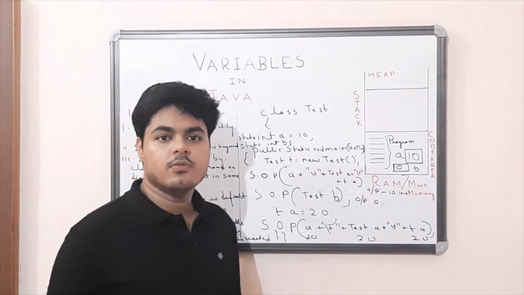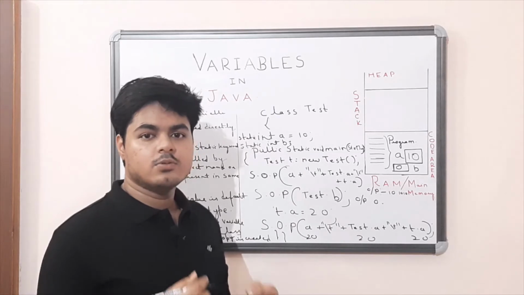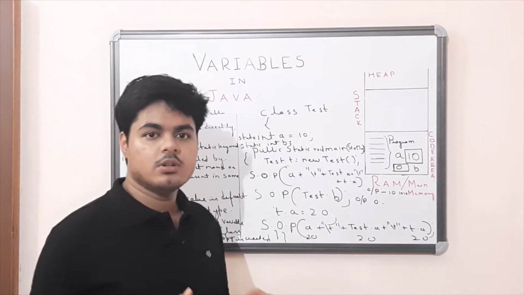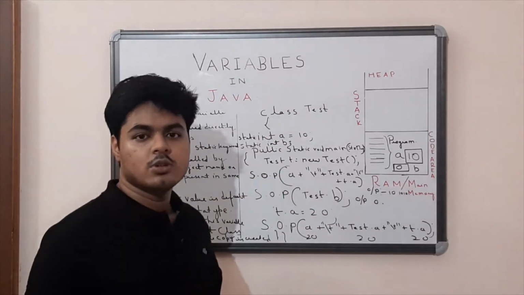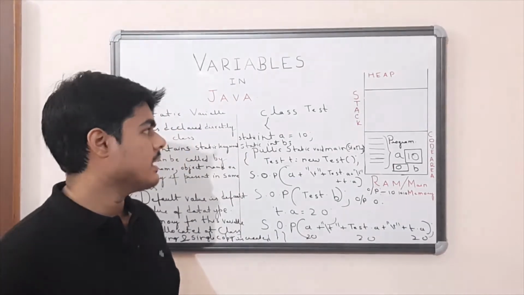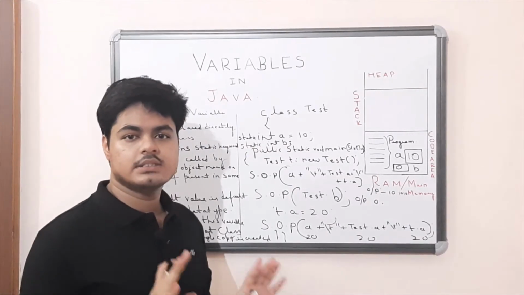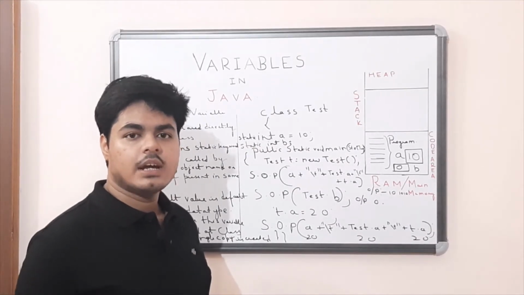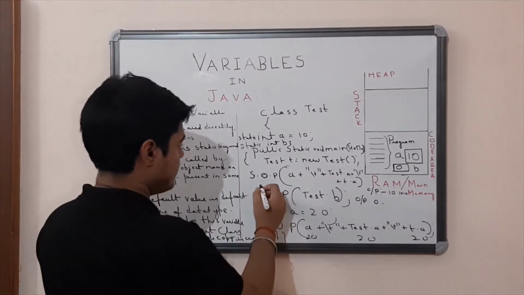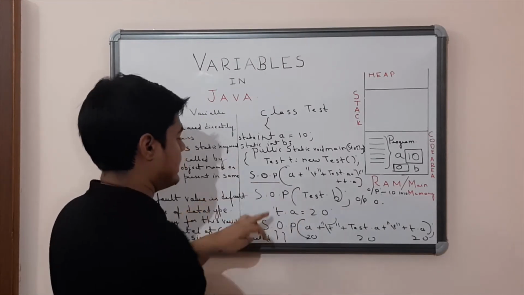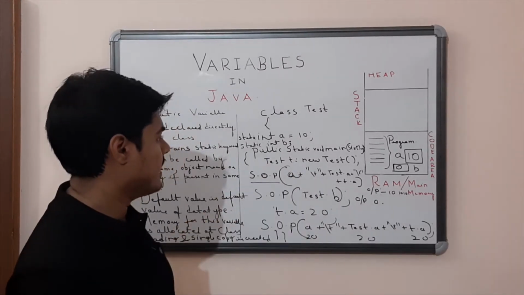But one disadvantage of accessing it by object name is that we have to create an object, and for an object memory is allocated. So when we can access it directly using the class name, why unnecessarily waste space by creating an object? So it is better to use the class name to access a static variable, and we can also access it directly inside the same class. Okay, like for example, System.out.println, I have written in short. Here we can access it directly by writing the variable name.